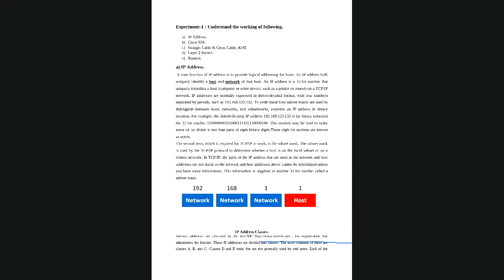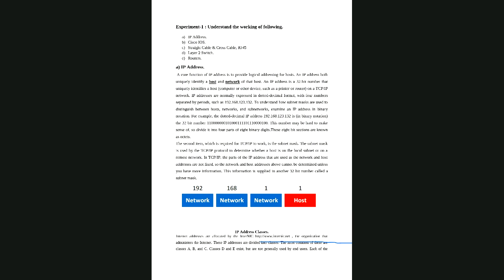So the second item required for TCP/IP to work is the subnet mask. Here we can see that we have 4 octets. Among the 4 octets, 3 octets are considered the network ID, and one is the host ID of that particular IP address. This remains the same for all IP addresses belonging to IPv4.